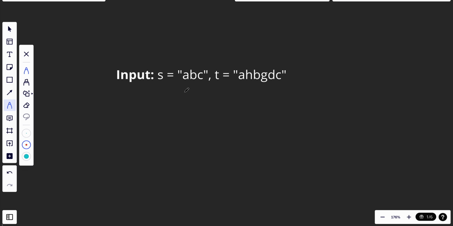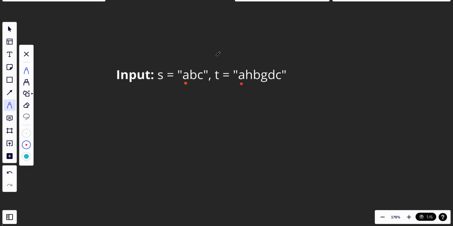So we can just create two pointers. We create one pointer starting from here and one pointer starting from here, and we start comparing them. When we find that this pointer's character equals that pointer's character, we increase both of them, so we can continue until we reach the end. And after that, we want to make sure that